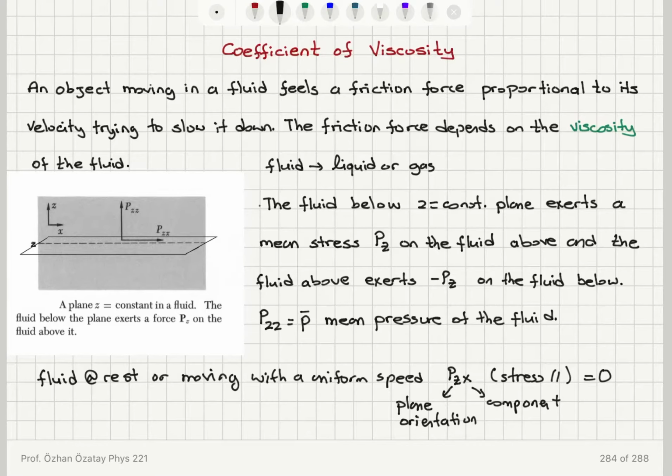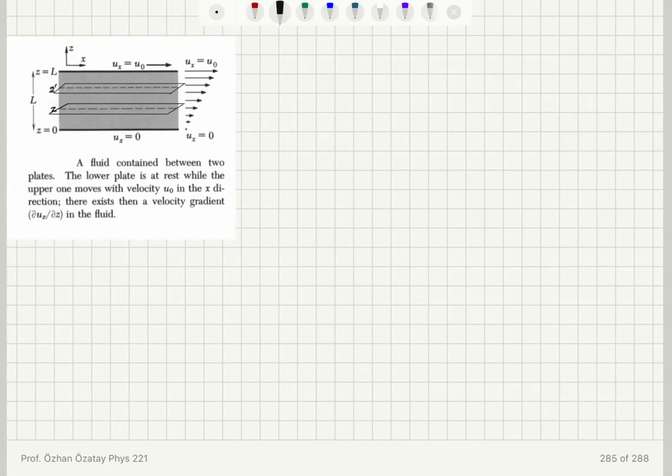So if the fluid is at rest, the fluid below z is equal to constant plane will not exert a tangential stress on the fluid above the constant z plane, or if it's moving with a uniform speed, it will also not exert a tangential stress on the fluid above the z is equal to constant plane. Now let's think about another scenario where we have a gradient in the